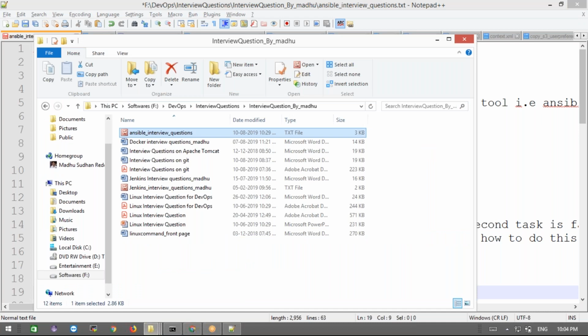Okay, we discussed, right? Register variable, why we use it: to store the output of the previous command. And when condition: for example, if you want a condition-based task to be executed, we do that using the when condition. Clear? And we have sleep, we have wait. Those are a lot of the keywords in Ansible, and we can use all those keywords also.